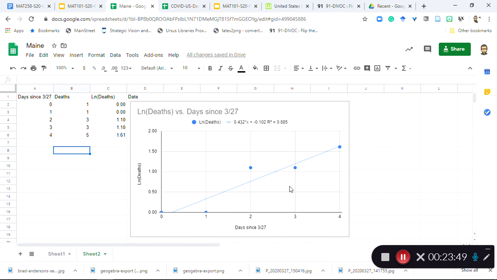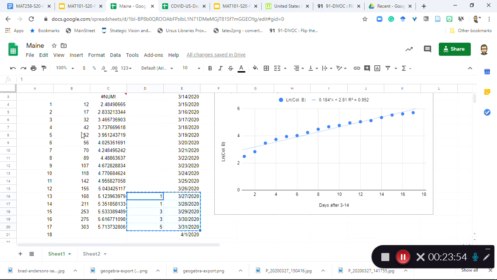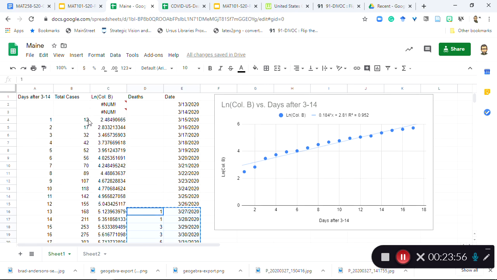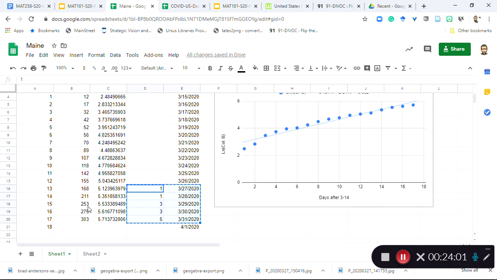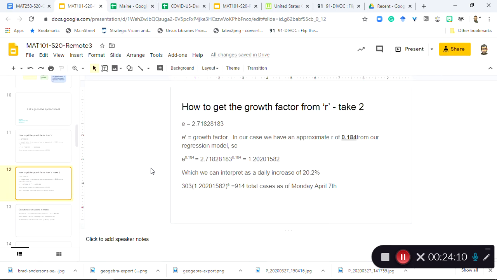So this is how exponential growth gets started, right? Same sort of thing here. Back in the beginning of the cases, there were just a couple cases, but it's already building pretty quickly. Look, an additional 25, another 25. It's going to be ramping up. So, okay, I'm going to pause there. It's a little longer video than usual. And we're going to have some exercises on how to find growth factor from R. And yeah, we'll pause here.